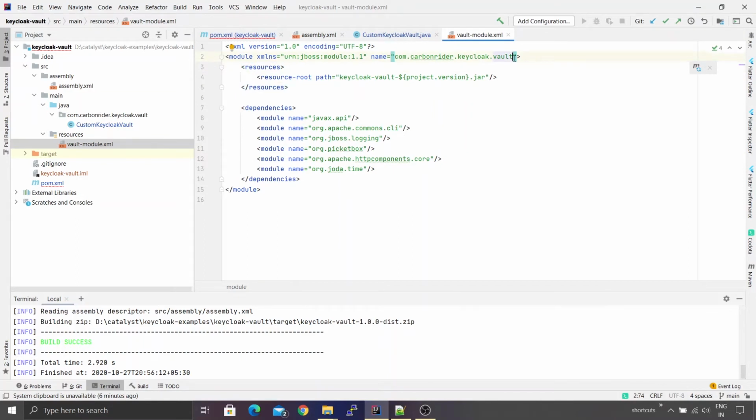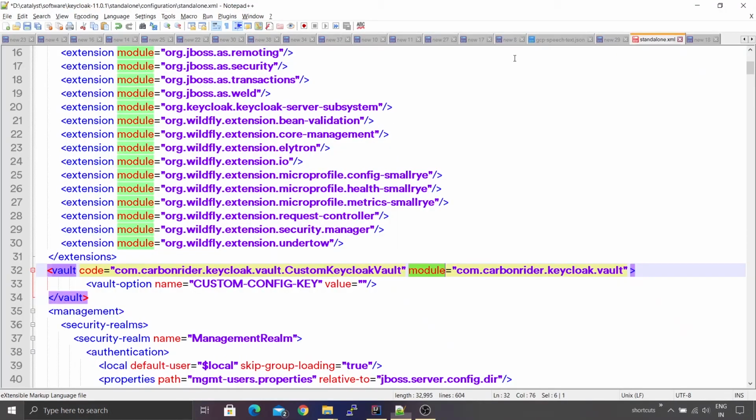So this is very important. If you make any mistake, it will be very difficult to identify the problems when JBoss is getting started. All right. And the next thing is the vault option. Now this is completely optional. If your program requires certain kind of external information that needs to be provided, you can configure this. Let me just remove it for the time being.